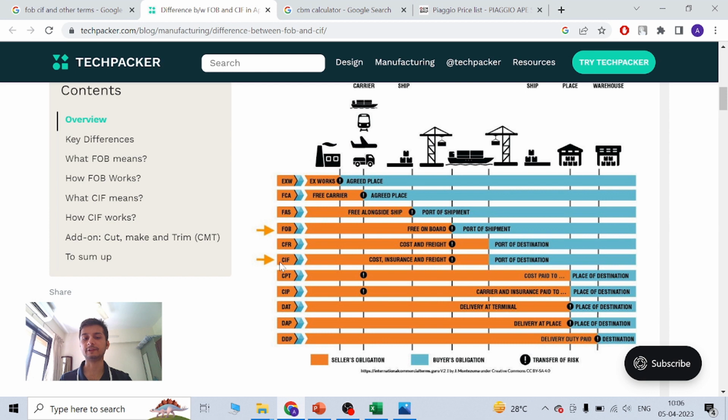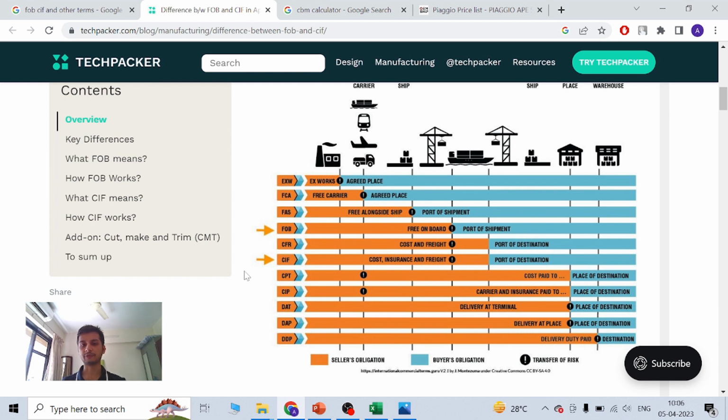Then we have CIF, cost, insurance and freight. I pay for the container, I pay for the insurance, I pay for the freight. My risk is till it reaches your port. After it reaches your port, you have to pay the import duty in your country, have the goods lifted, and pay terminal handling charges from the ship to your port and from the port to your warehouse. So the maximum liability we take is CIF. We will deep dive into this and learn how to calculate the pricing with this. But these terms are very important.